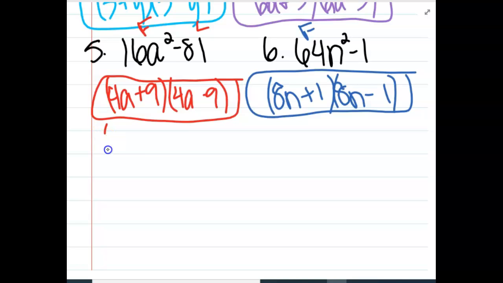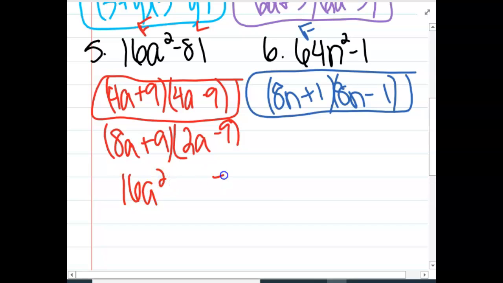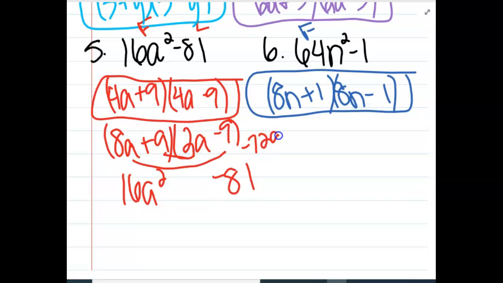So let's say I did want to do 8a and 2a, and then maybe if I still did a plus 9, a minus 9. This would give me 16a squared. This would give me minus 81. Well, look at your O and your I. This would give you negative 72a, and that would give you plus 18a. See how they don't cancel out? So it does have to be the same number. It's a great question. I'm glad you mentioned that. So yes, it does need to be the same number. What happens if they actually do